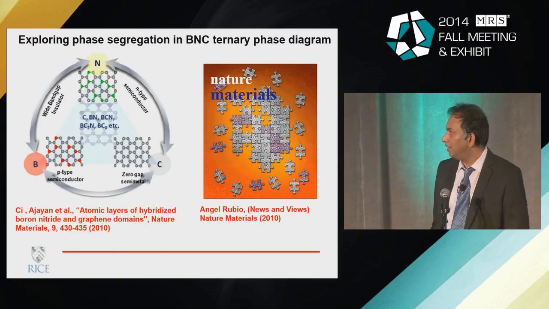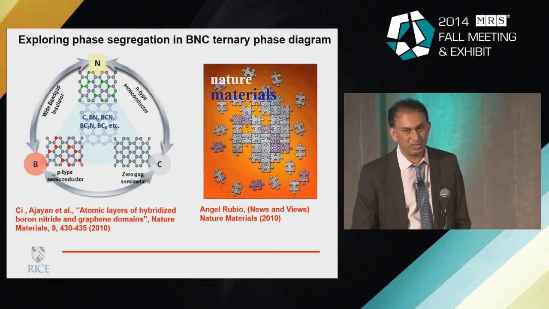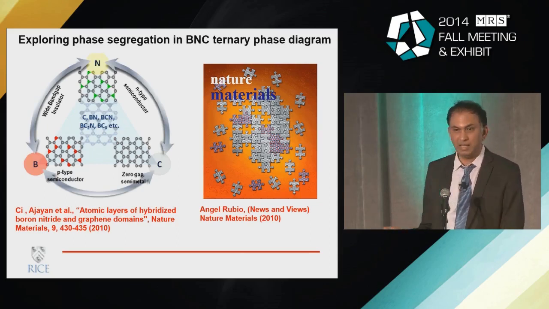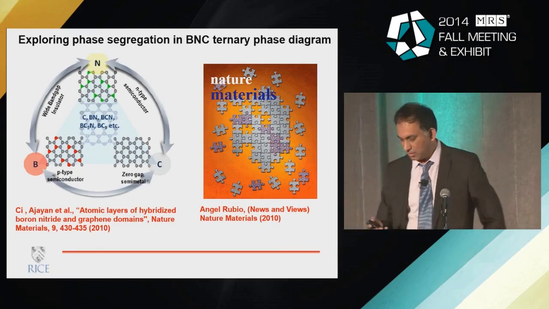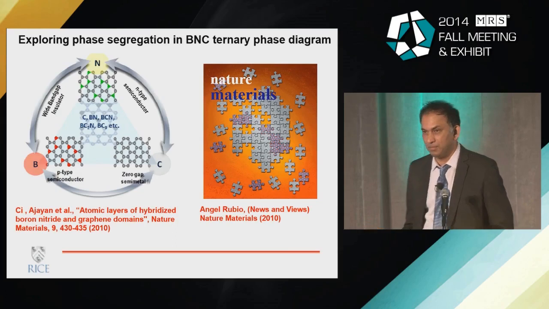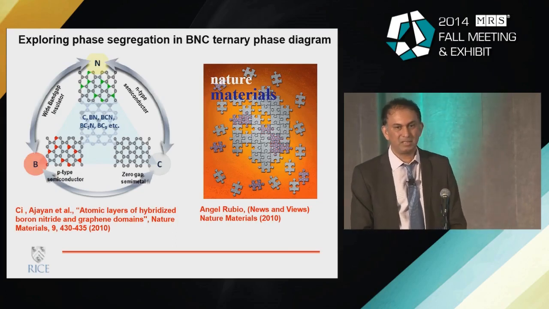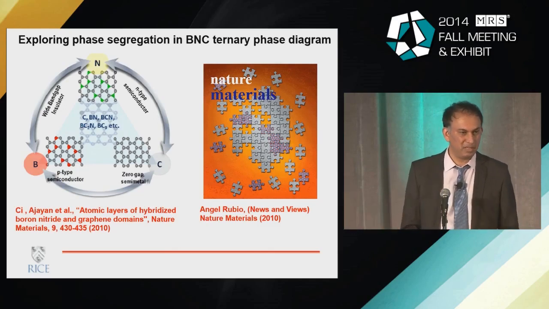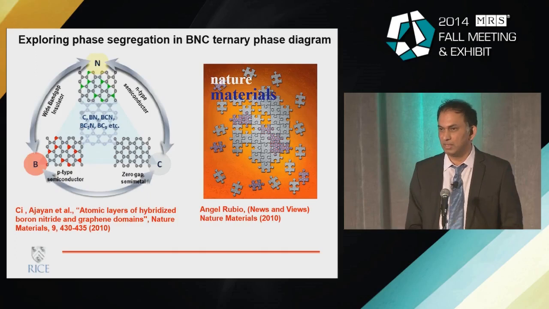So there are all kinds of strange effects of doping in graphene compared to what we normally know about doping. And in fact, this whole phase diagram of boron, carbon, and nitrogen, and maybe you can also think about a quaternary system where you have oxygen, is really fascinating, because in this phase diagram you have pretty much everything you need to make a two-dimensional electronic circuit. You have carbon, of course, which is a metal. We have boron nitride, which is an insulator, and you have many of the phases that have been thermodynamically, theoretically predicted, which are in the semiconductor range. So if you can manipulate these different phases, you can basically build whole electronic devices using these alone.